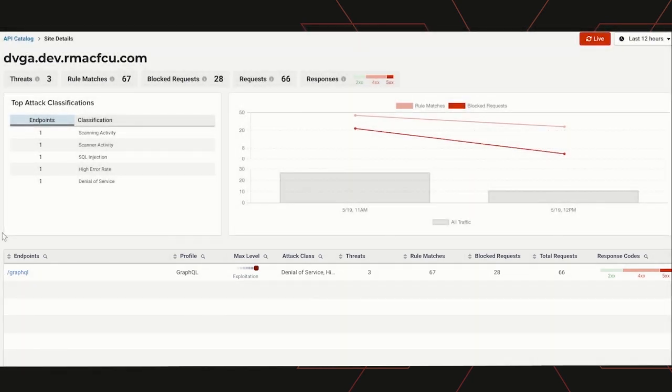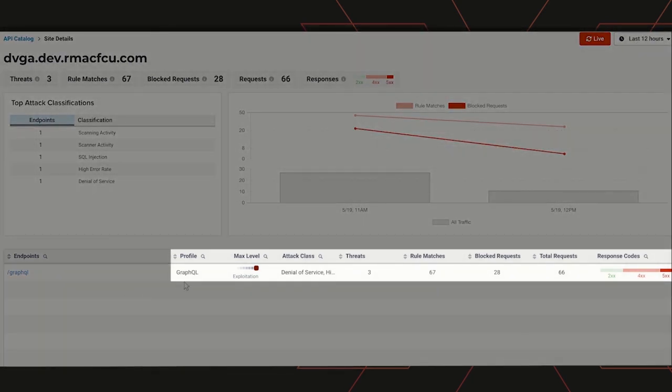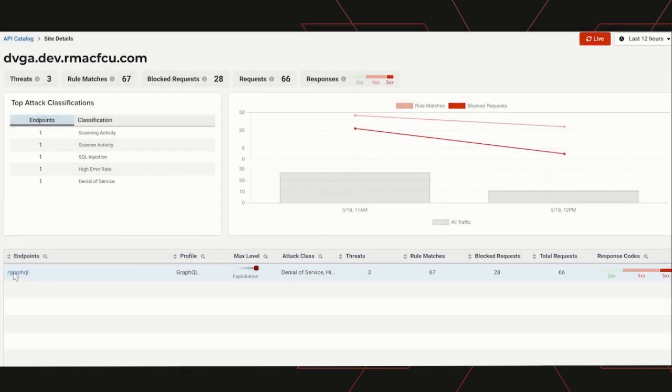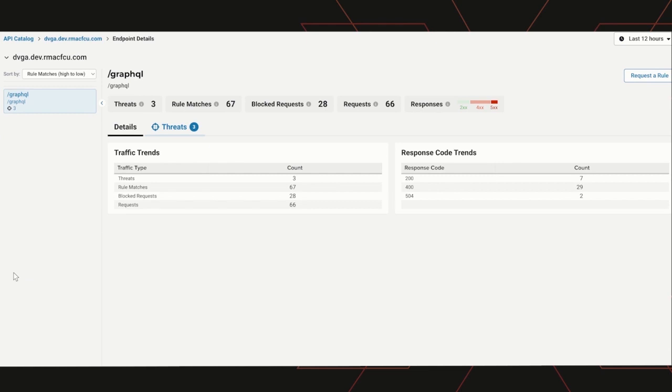Again, same information you're seeing before. We can profile the different type of API this is. We can then look at what the attack class is, how many threats, and then how many rules and how many block requests are happening, providing you the prioritization again to know what to focus on first. If I click into this GraphQL endpoint,